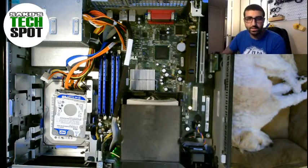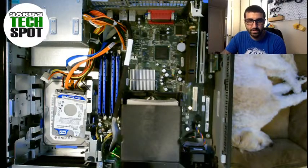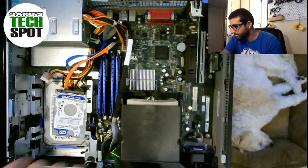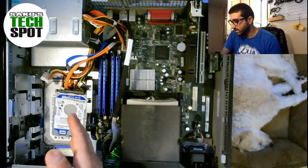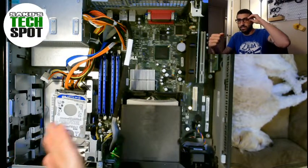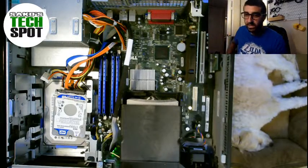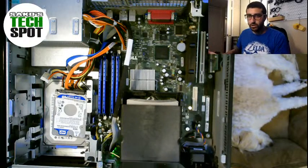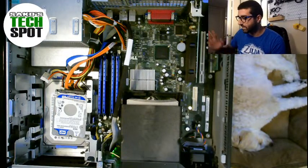It is indeed on. And what we did was we removed the CD drive here. We removed the floppy drive that was here. And we used a laptop 2.5-inch drive, Western Digital Scorpio Blue, which is 500 gigs. Honestly, this is just kind of a test run to see how everything is going to work in a home server. If we can get this working, it's going to pretty much be a new build for the home server. And by new build, it's going to be an old build that will be repurposed. Anyways,